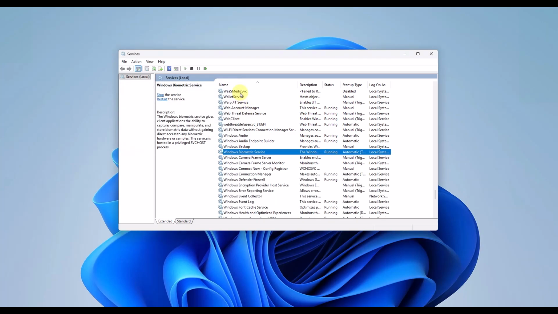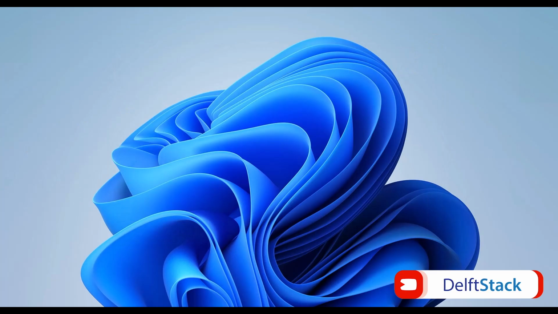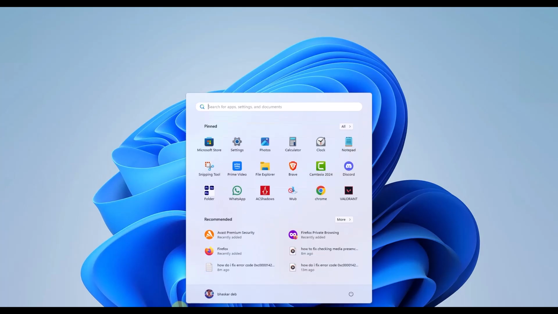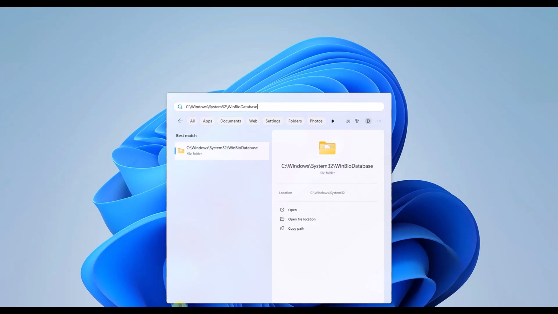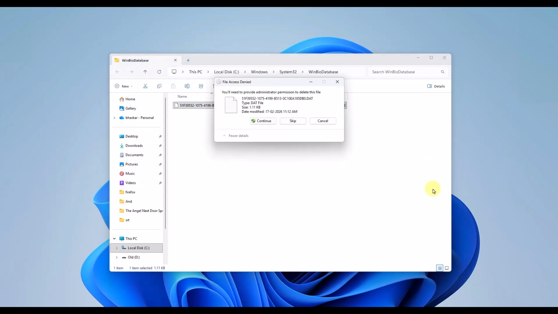Next, if your saved facial profile data is corrupted, you must clear the system database and register your face again. Stop the Windows Biometric Service temporarily using the exact same right-click menu from the previous step. Open File Explorer and navigate directly to the C:\Windows\System32\WinBio database directory. Delete all the files inside this folder, restart your computer, and set up Windows Hello Face from